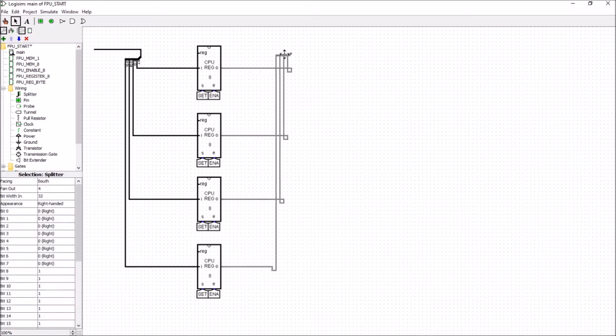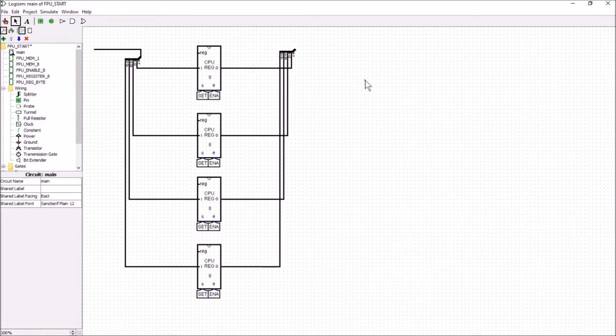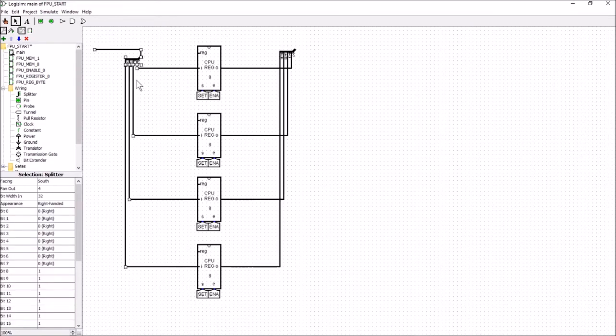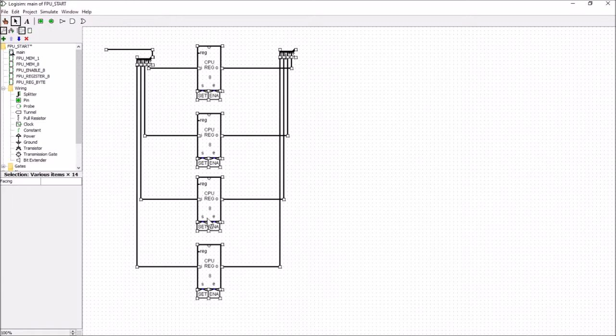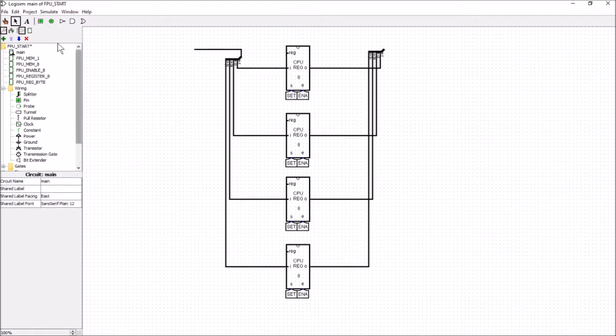So now what we'll do is we'll stick in a couple of pins for the input and the output, and these are going to be 32-bit pins. So this is an input pin here, and it's got to be 32 bits, and we'll face it east, so it is facing east here now, and we'll face the actual label west, and we'll call this label FP underscore input,